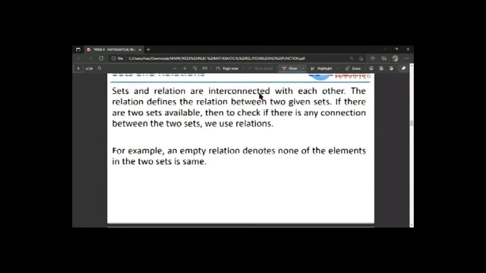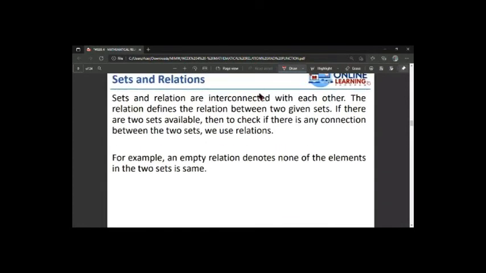So, sets and relations are interconnected, obviously, di ba? Magkakaroon ng relationship yung dalawang sets with each other. Okay? So, therefore, sets and relations are also connected to each other. So, the relation defines the relationship between two given sets. If there are two sets available, then to check if there is any connection between two sets, we use relations. So, the relationship between them is based on the assumed condition of the two. Kung ano yung nilagay ng condition. Okay? So, for example,